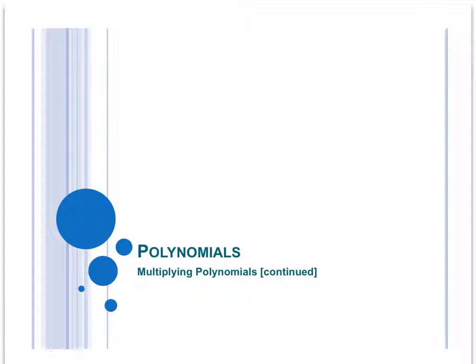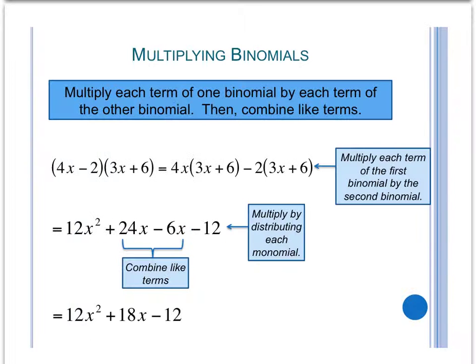In this section, we will continue to look at how to multiply polynomials. Let's look at how to multiply binomials. In order to do this, you must multiply each term of one binomial by each term of the other binomial. So, in this example, we need to multiply each term of this first binomial by each term of the second